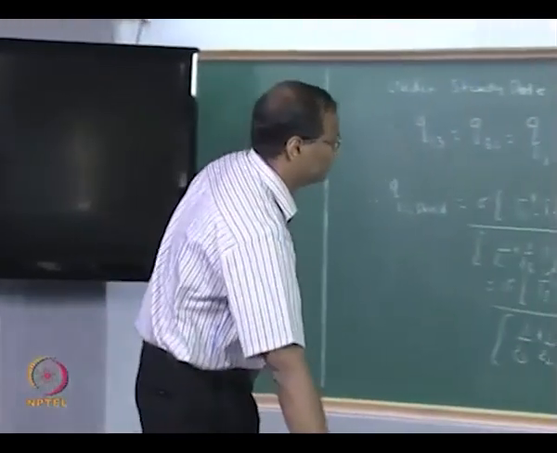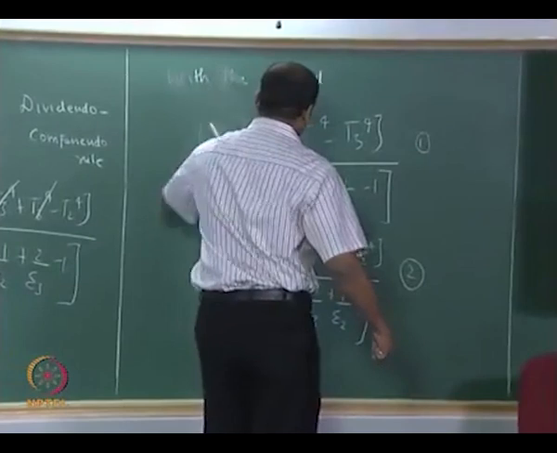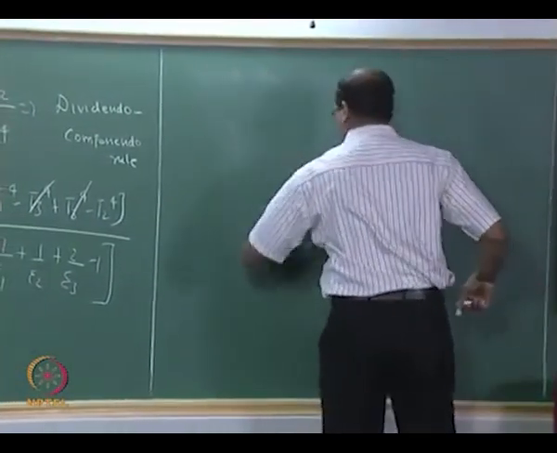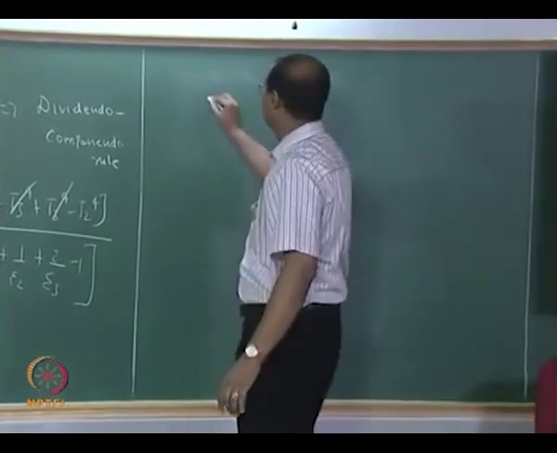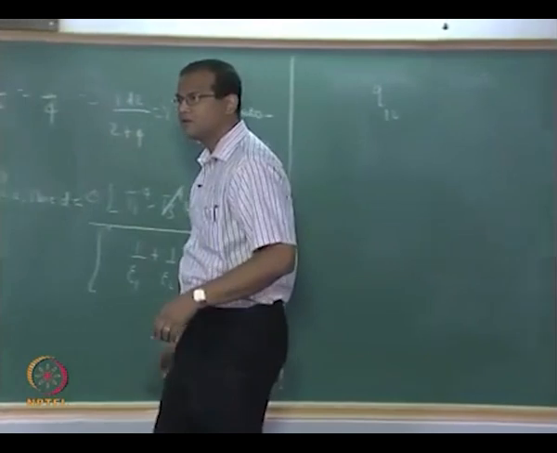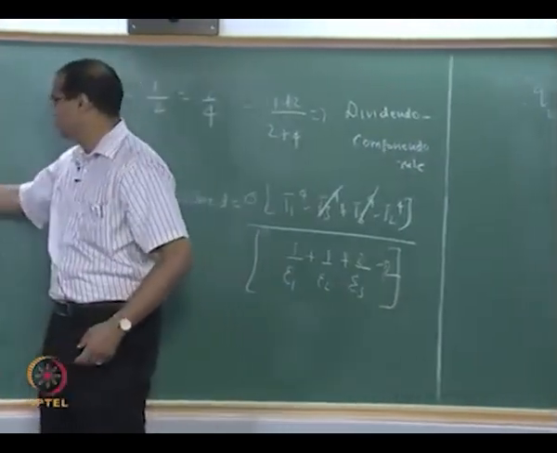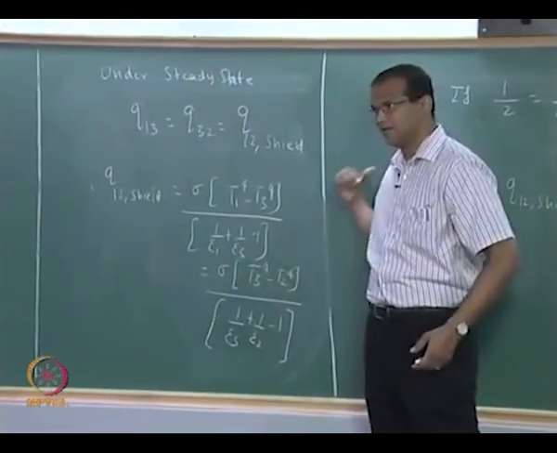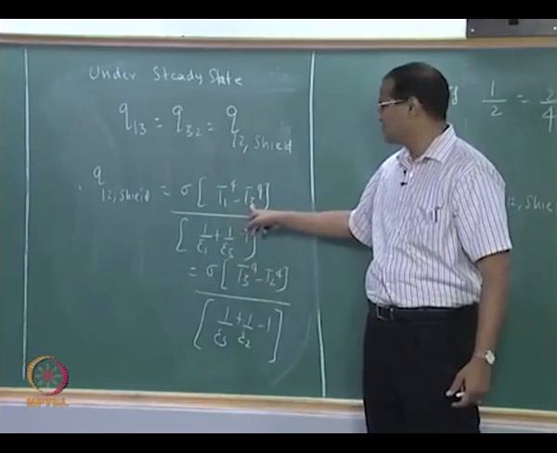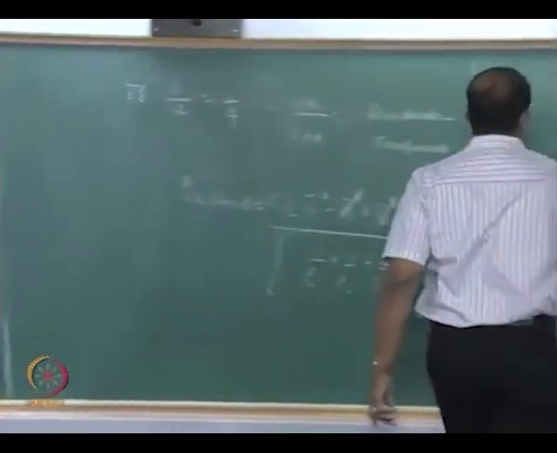Okay. Now you can assign numbers to this if you want. Therefore, is this clear? Yes. So what I did was I added the numerators and denominators separately, and then I am declaring that it is the same Q12 shield. Fortunately for us, there is a minus T3 to the power of 4 here, and there is a plus T3, they are getting cancelled. Okay, Q